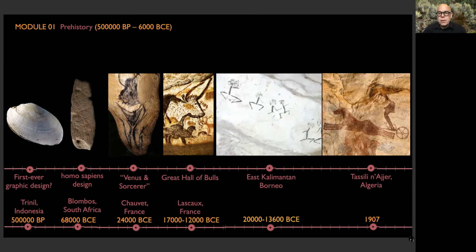Much later, about 8 or so, 10,000 years later, the Great Hall of Bulls in Lascaux Cave in France, not far away, returned us to an earlier point in the development of Homo sapiens art, representing, again, in contour line, skewed perspective representations, animals exclusively rather than humans and animals. Moving on to the Neolithic period,